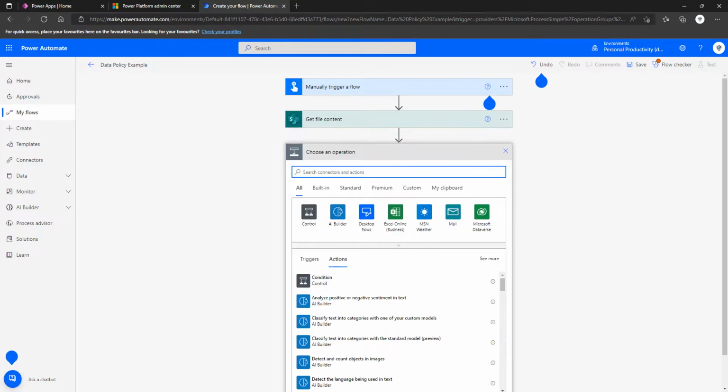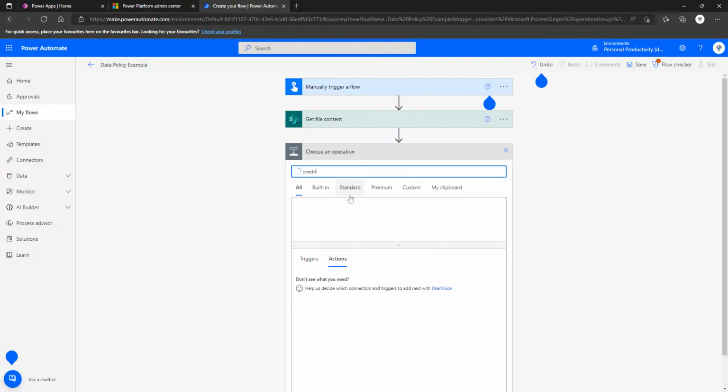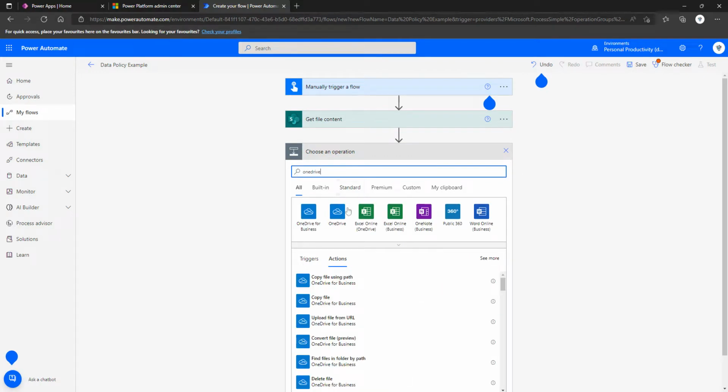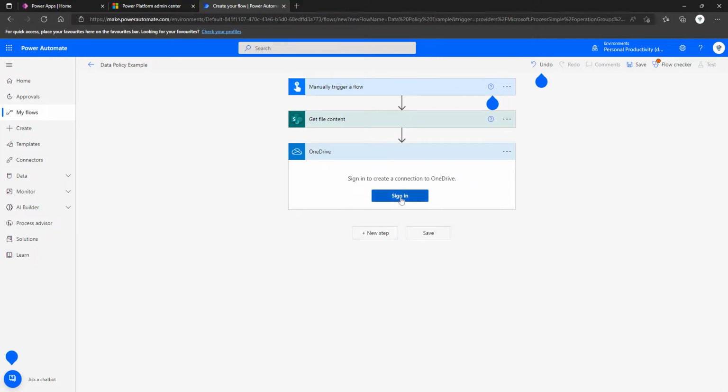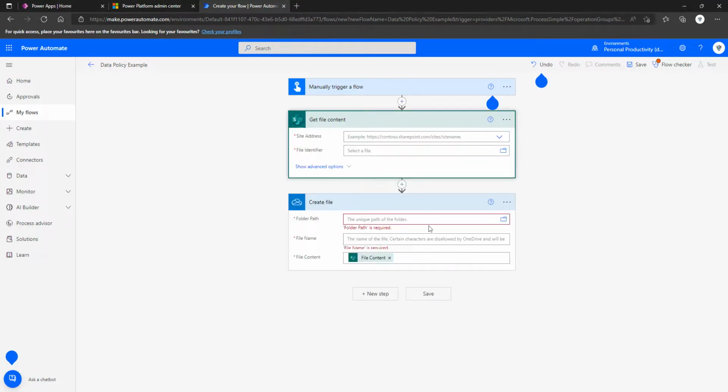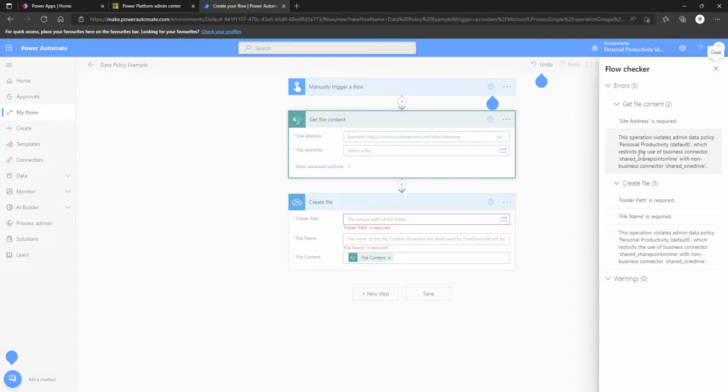And then I was thinking, oh, I actually want to move a file out of the business into my personal OneDrive. And I'm going to create a file based on that content. So I'm just going to quickly sign in here. And now that we've signed in, you can imagine, I'm going from business SharePoint, I'm going to move this into commercial OneDrive. And if we look at the flow checker, apart from the missing values, this operation violates admin data policy,